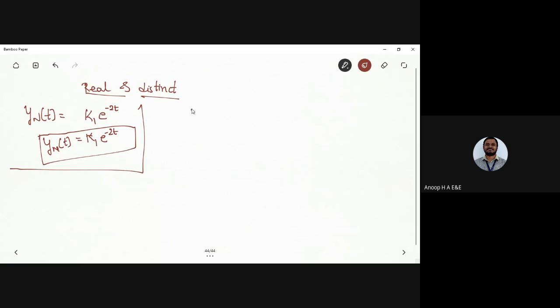Now, if you want to find out the forced response of the system, what will you do? You will retain the input. Got it? You will retain the input there. So if I have the input like this, which is yf dash of t plus 2yf of t, that would be equal to t into u of t. So I have the input to be t here. So what is the forced response for an input of t?